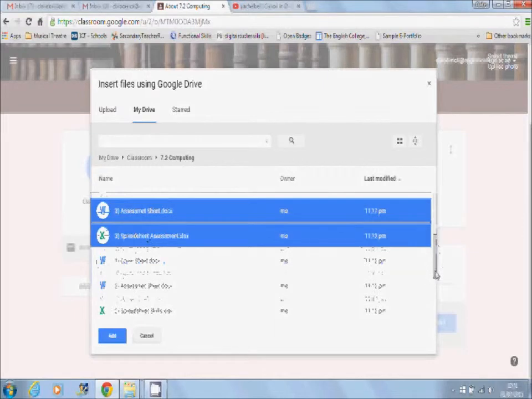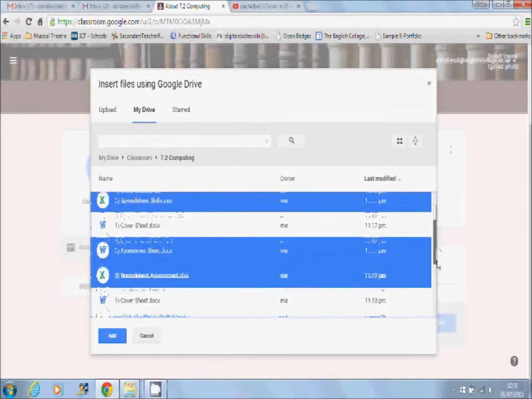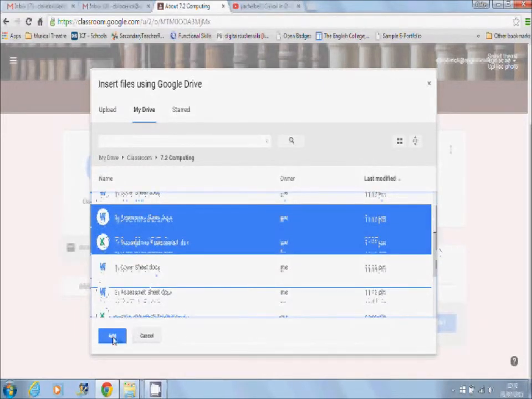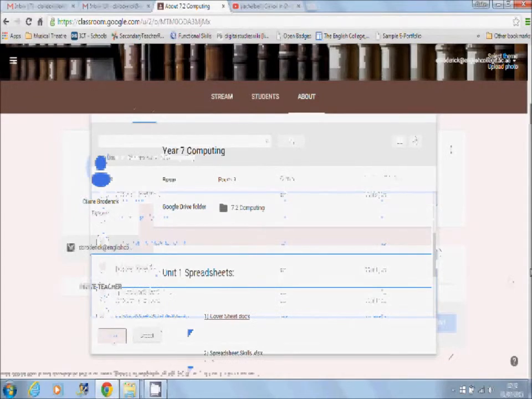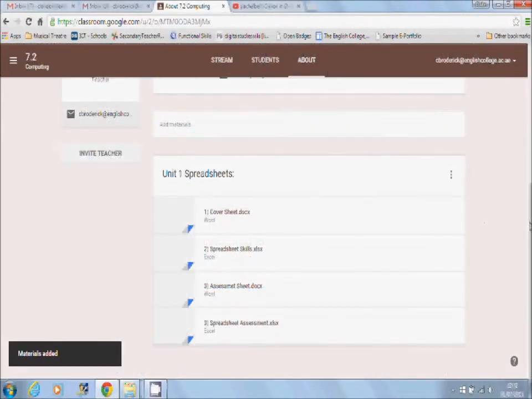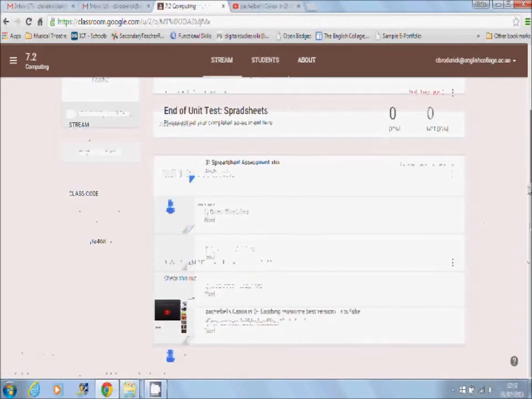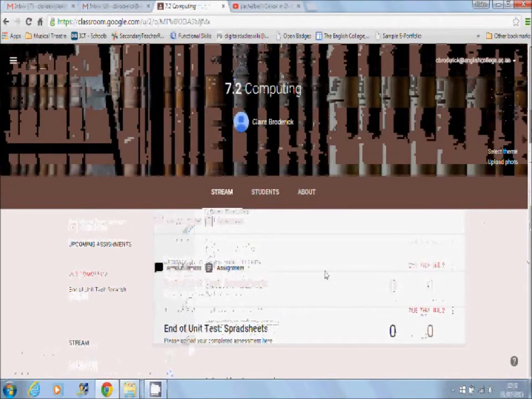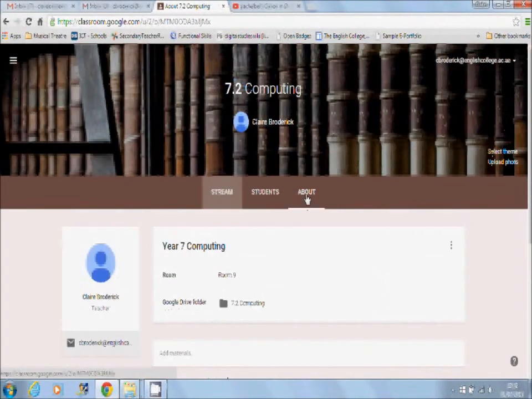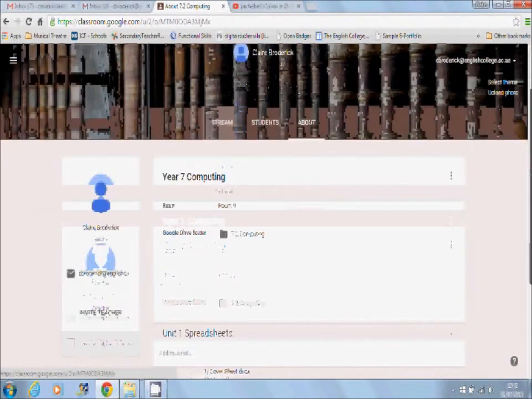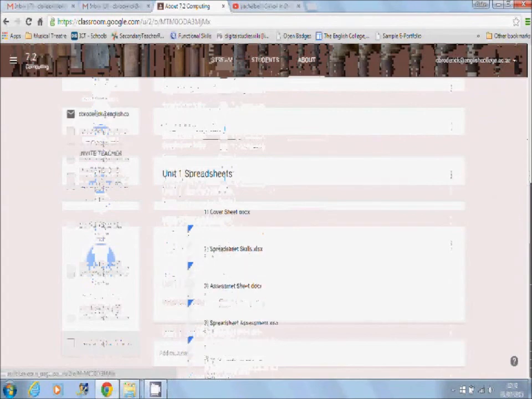So I've just held Control while I've added each of those. You can do it one at a time if you want to. And click Add. And I'm going to click Post. And you could do this for each of your units, just to keep everything together, because sometimes the stream can get a bit cluttered, particularly if you've got students who are posting on things. So if you just wanted a nice easy way of students being able to find the work in an organized way, then it might be useful to just do that through the About